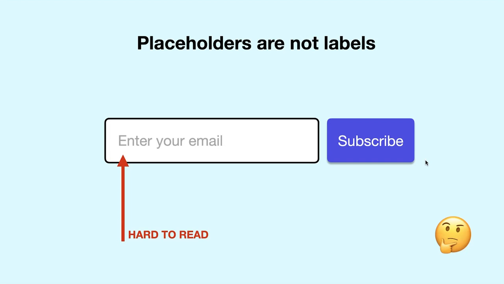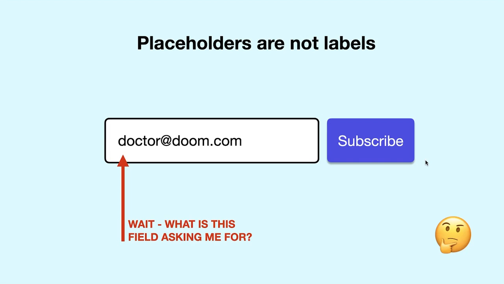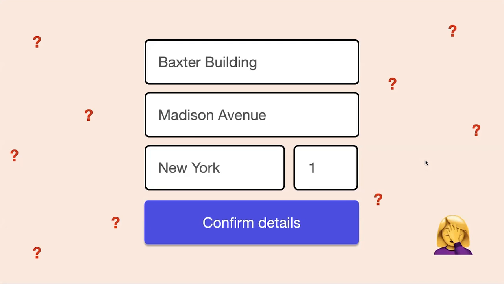But also you've got the problem that when you start typing in that field, you don't know what you're asked for anymore. So, all right, this was an email address, but as soon as I start typing in an email address, I've lost that information. I don't know I'm being asked for an email address. In this case, it may seem slightly pedantic, like why would you care? But consider a slightly more elaborate form like this. So this form doesn't have labels, it just has placeholders.